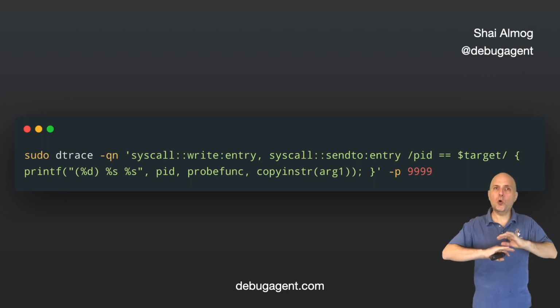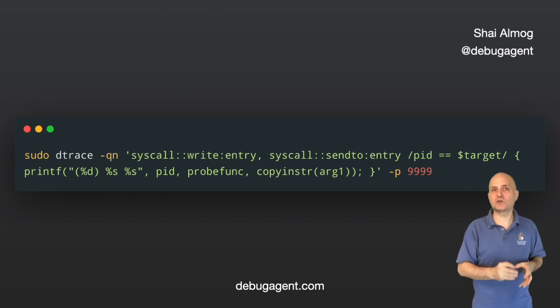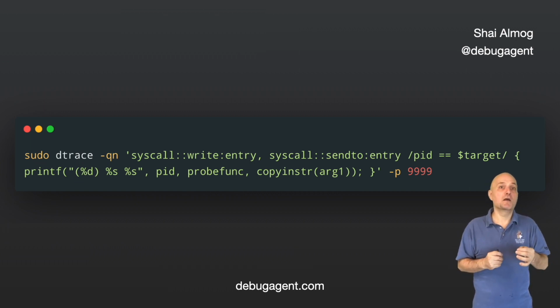As I mentioned before, dtrace is a very powerful tool. There are whole books written about it. It has its own programming language based on C syntax that you can use to build elaborate logic. This is an example of what you can do with raw dtrace and its underlying language. Let's go over the command since it's pretty sophisticated.